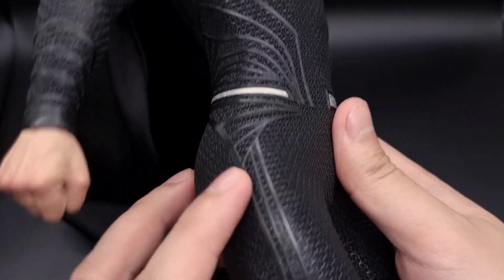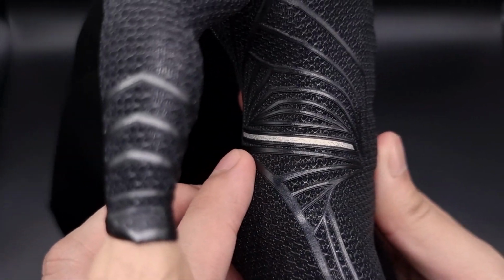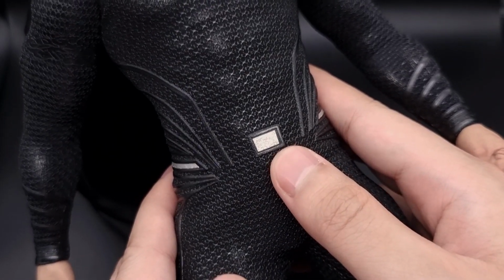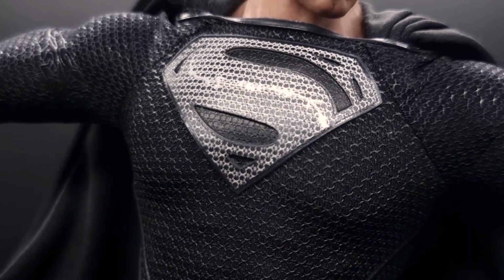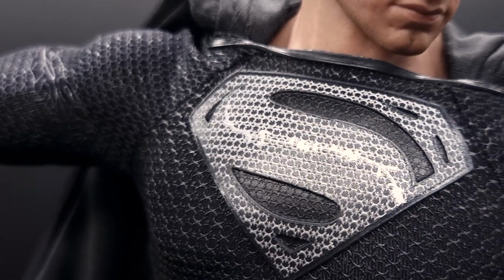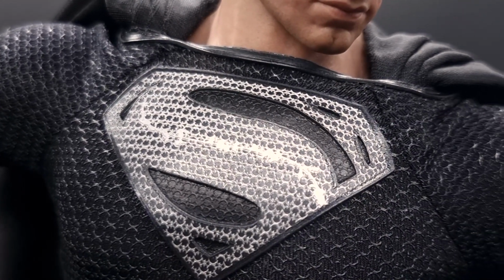Just like how the thigh and oblique overlays meet in the middle with a silver line resembling a belt going around his waist and what even looks like a belt buckle in the middle. If you look closely, you can see a strange pattern printed on them that looks consistent with the alien designs in the movies. Apart from that, the only other silver accent piece on the suit is, of course, the Superman logo. It's screen accurate and consistent with other Superman figures with the inscription in the middle, and has that same